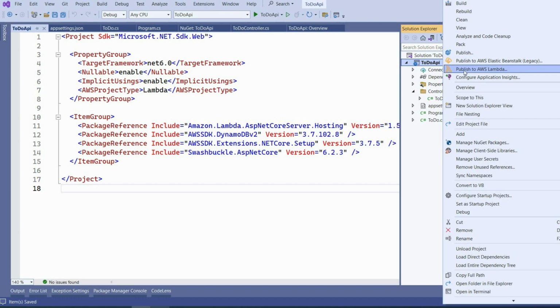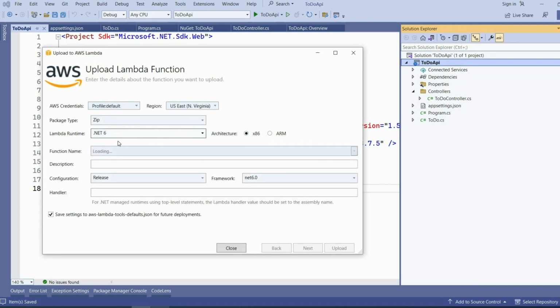So now we will deploy this Lambda function to AWS using this method. So let's do that. It will ask some things like what the runtime will be. So our runtime is .NET 6, and we will name our function ToDo API Lambda, and we will keep all the defaults here. Now before that we need to provide this handler. The handler name will be our project name. So ToDo API,